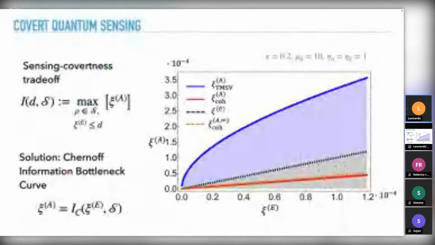But with a constraint: the Chernoff information on Eve's side is bounded by some quantity that I call D. The solution of this optimization problem defines a curve, which is what we call the Chernoff information bottleneck curve, which is a curve that connects